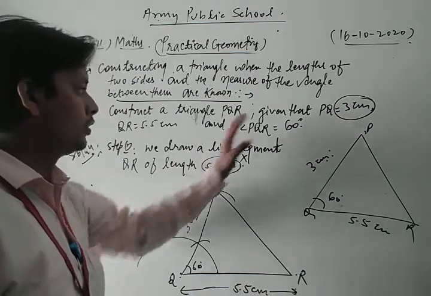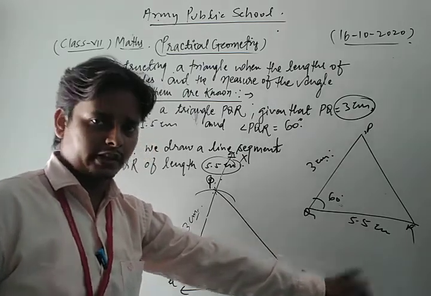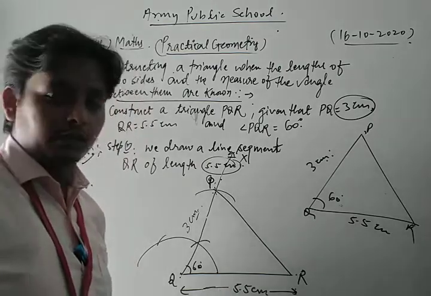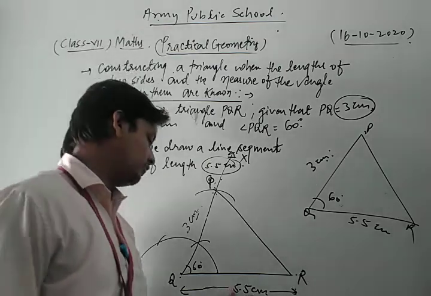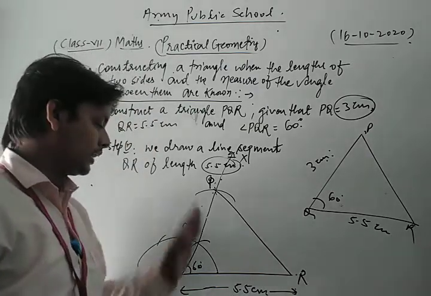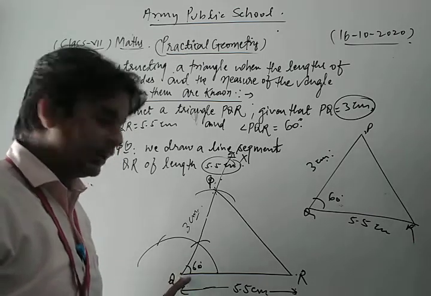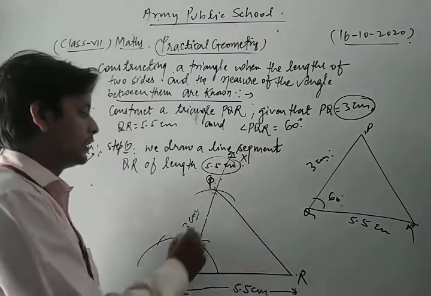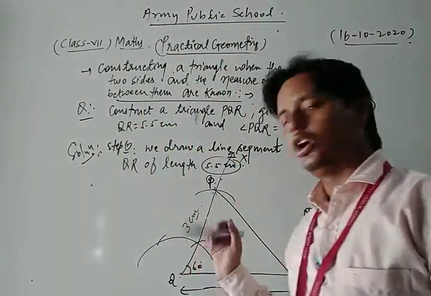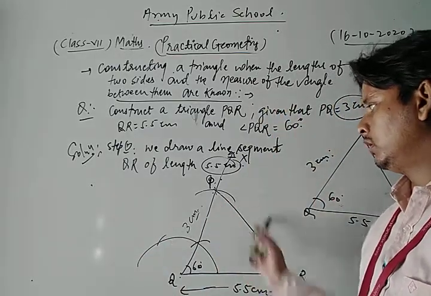Let's see once more. First of all, you draw the rough sketch on a rough page. Then in the first step you draw the base, the line segment QR, which is 5.5 centimeter. After that, taking Q as center, construct an angle of 60 degree. Now taking Q as center and distance equal to 3 centimeter, cut an arc which intersects the previous ray at some point P. And in the final step, we join PR. This is our required